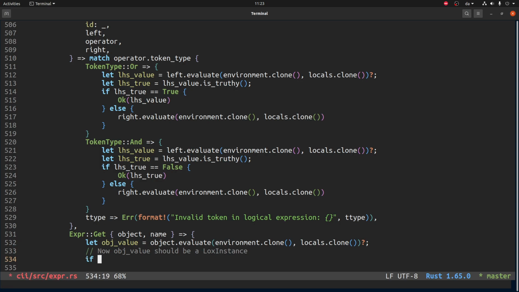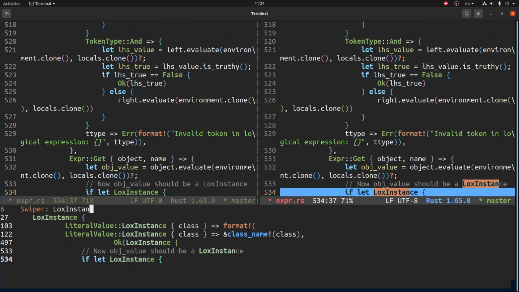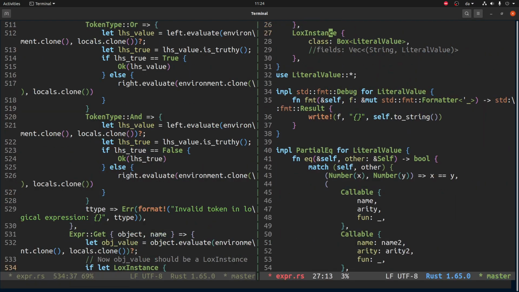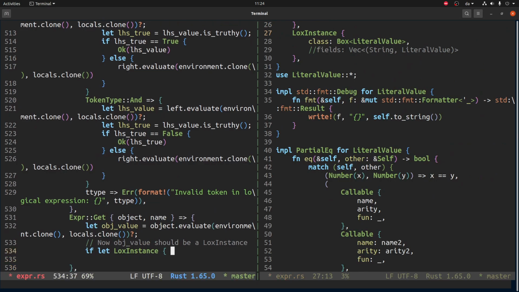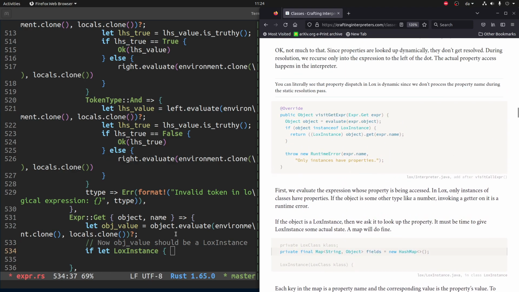So we can basically say if let, we need that logs instance, and what does a logs instance have? Again, right now, what does it have? It just has a class. And let's see. So what does he do? He evaluates the object, sure. And if it is an instance, then we call this get method. But we don't have the get method yet, so